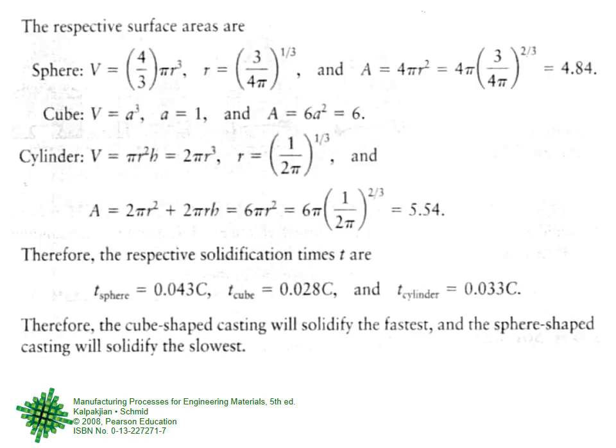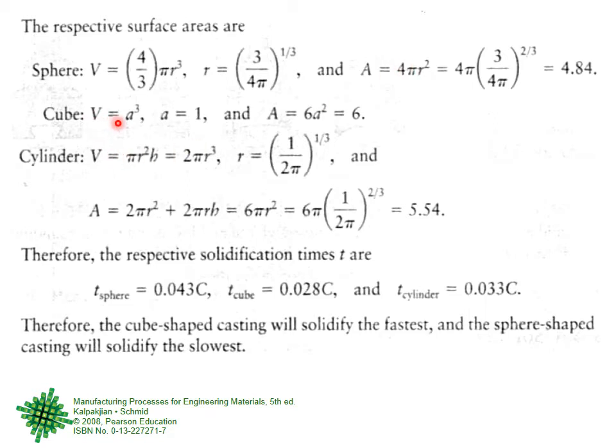So I am writing again that the volume for the sphere, if we need it, is 4 by 3 pi r cubed, right? So from here, we can find r is equal to (3 by 4 pi) raised to 1 by 3. But this is actually not required. Area is 4 pi r square. This is the surface area of a sphere, 4 pi r squared. So 4 pi, and instead of r, (3 by 4 pi) raised to 1 by 3, we can do this. So area is 4.84 in this case.